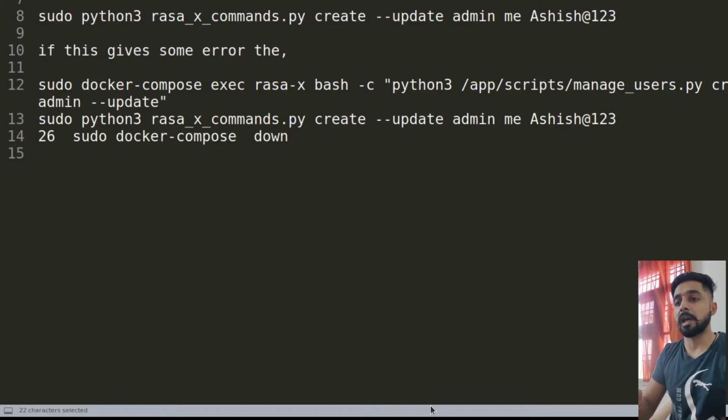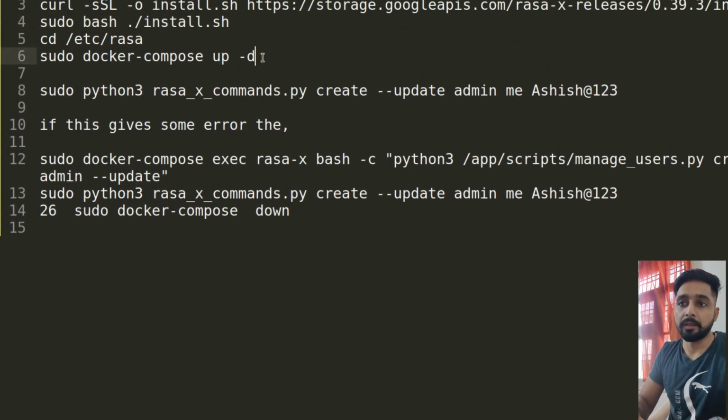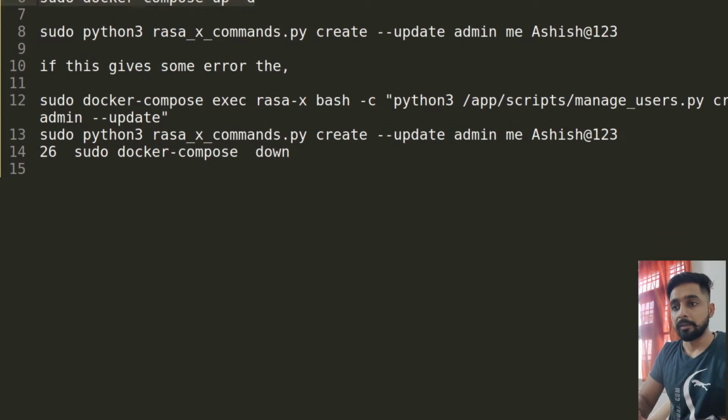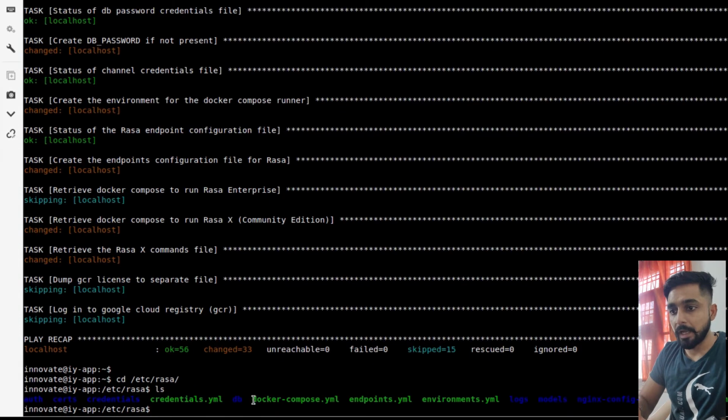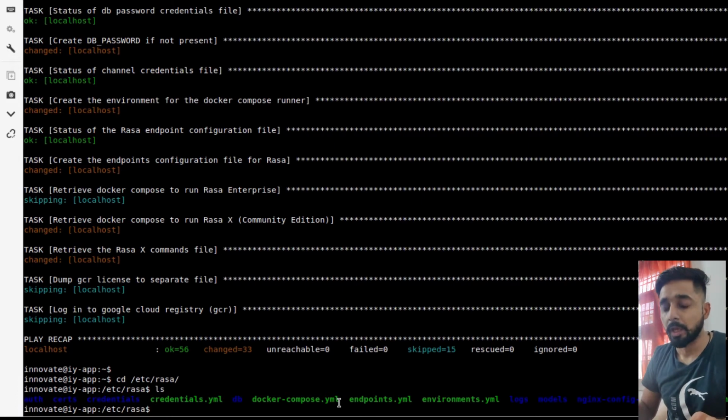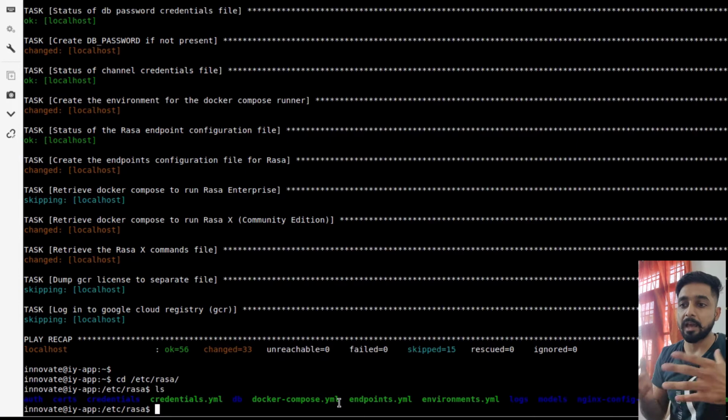Now the next thing is that I have to install all the dependencies. Currently, as you can see, I have docker-compose.yml. Inside this, all the services are already written. When I run docker-compose up, it will start to pull all the images for the services that I have mentioned inside docker-compose, and it will install all the dependencies for my Rasa project.